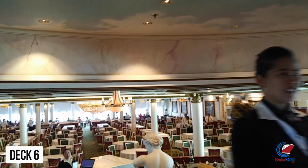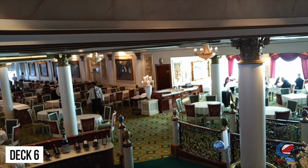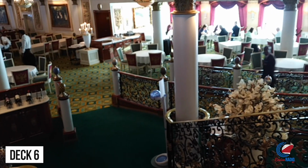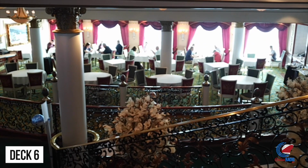Now, I know Norwegian is mostly freestyle dining, so there's not really a formal night per se. But this is the dining room you'll come to if you want to dress up for one of those elegant type nights. And with that said, we'll go up to deck number 7, which is the Promenade Deck here on